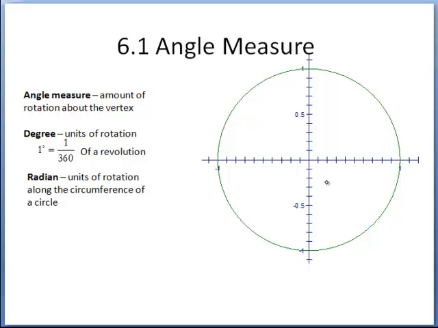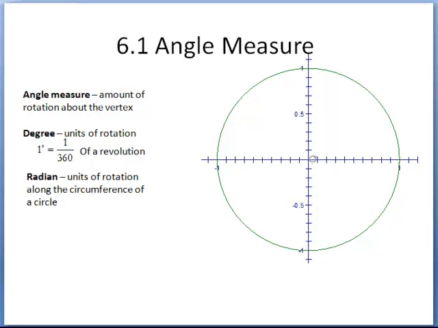Whereas radians are units of rotation along the circumference of the unit circle. So radians are more thought of as units of distance along the circumference of the unit circle. One other thing I want to point out to you is whenever you're measuring angles,